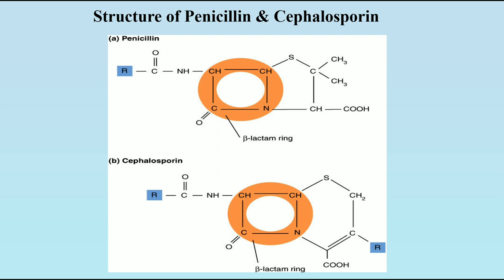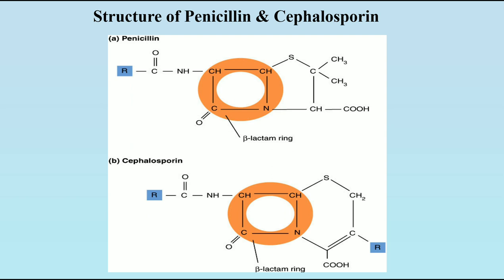And then afterwards, there is a sulfur atom, and then to the sulfur atom, another carbon atom is attached, and to that carbon atom, two methyl substituents are attached. And if you go down, so then again there is a CH group to which a carboxylic group is attached. So this is the structure of penicillin, and if you look at the structure of cephalosporin at the bottom,